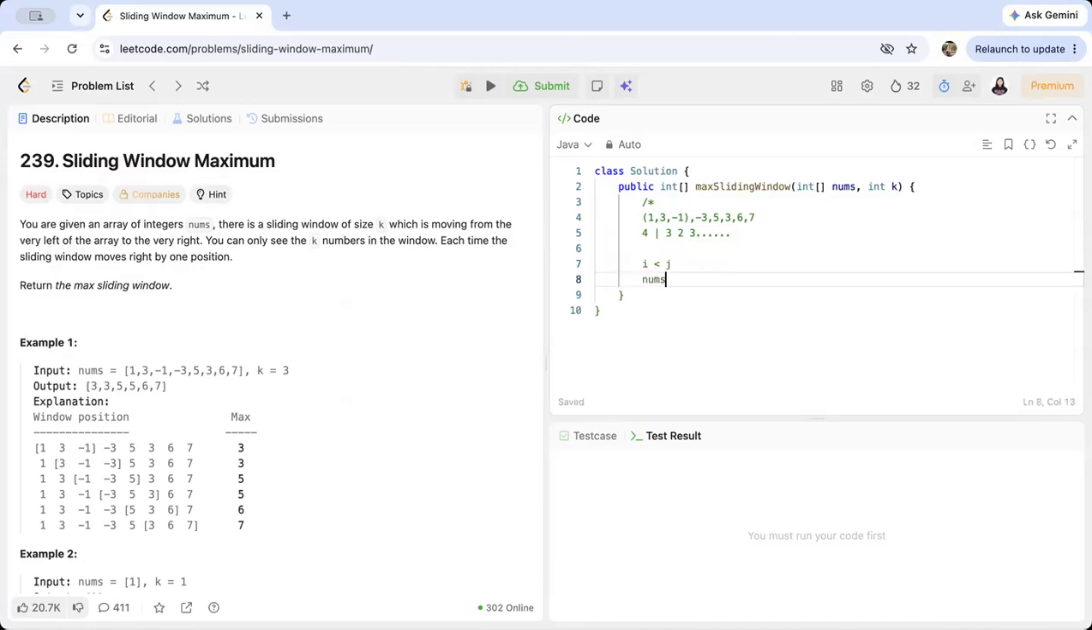So if my nums of i is less than nums of j, I can discard nums of i, because nums of j would be there in the remaining windows, since every time we are adding an element, a new number will be incoming. So this is our core intuition, and then we always check for expired elements as well. The first thing was we check for expired elements and remove them,